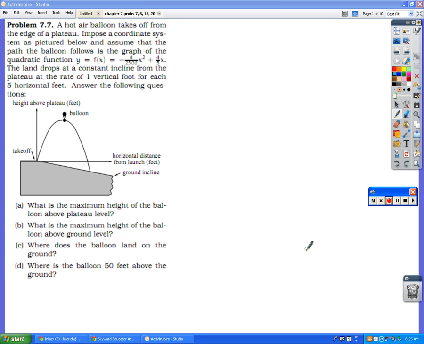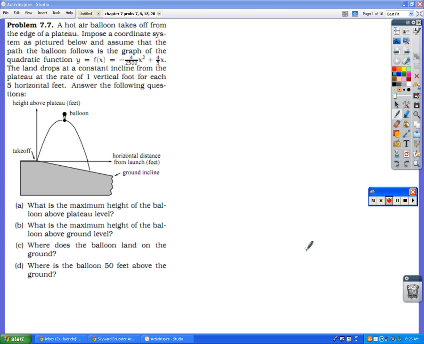All right, it says a hot air balloon takes off from the edge of a plateau. So we have done this one before. We did this in the examples from the notes, right? Impose a coordinate system as pictured below and assume that the path of the balloon is the graph of the quadratic function. The land drops at a constant incline from the plateau at the rate of 1 vertical foot for each 5